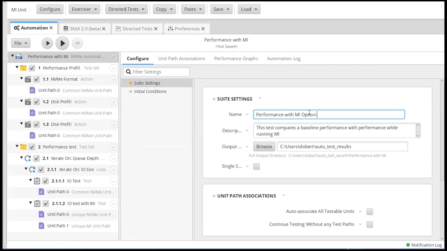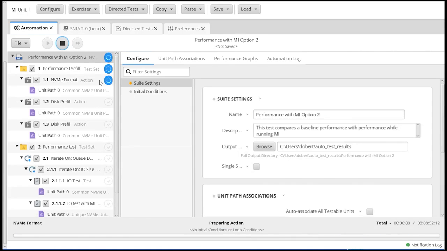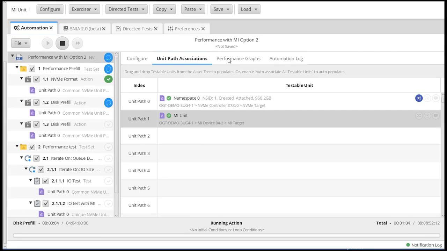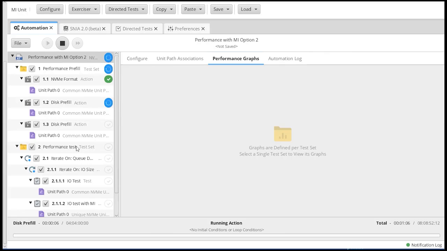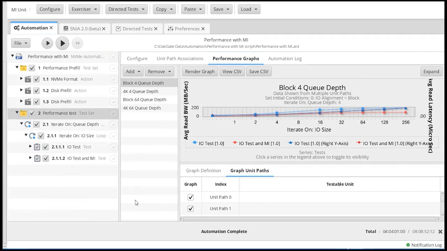And I don't want it to overwrite. So I'm going to go ahead and now start it. And you can see that it's starting against the unit paths that I specified. And when I come here, it will start graphing my data.